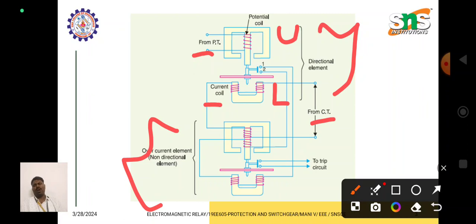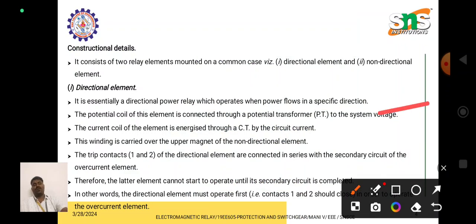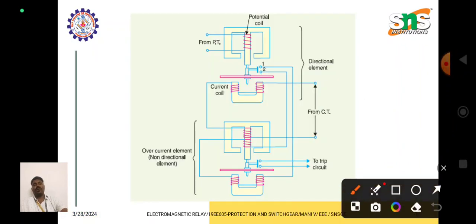Both the upper and lower electromagnets produce an electromagnetic flux. The produced fluxes move upwards and downwards and interact with the aluminum disc, so the aluminum disc starts rotating. During this time, as the aluminum disc tries to rotate, the fixed contact and moving contact touch, and then it goes to the non-directional